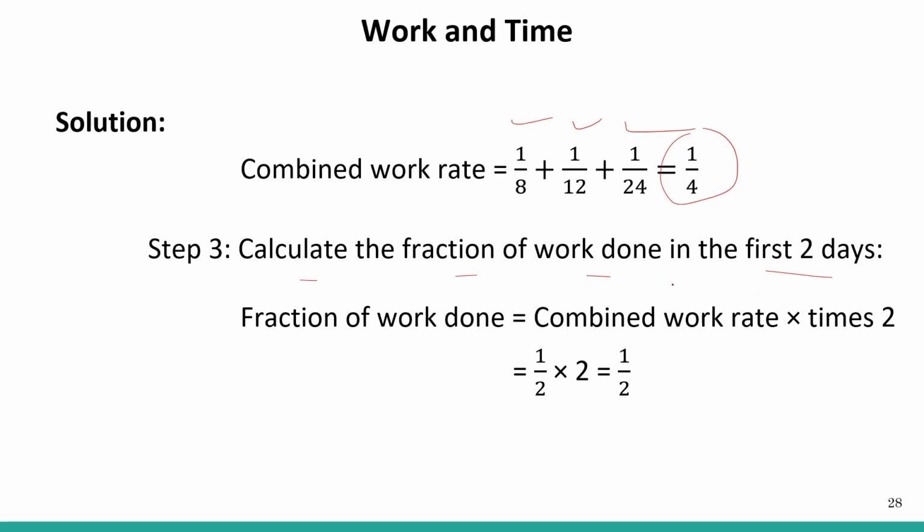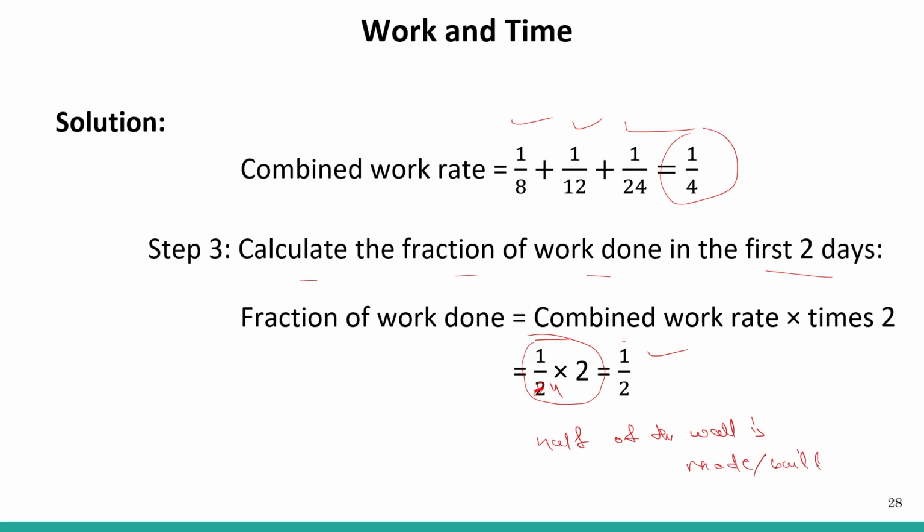Okay, so calculating the fraction of work done in the first 2 days. How much of the work is made in 2 days? Fraction of work done is equal to combined work rate into amount of time, that is 1 by 4 into 2, which is equal to 1 by 2. So 1 by 2 is the answer. That is the fraction of work done, that is half of the wall